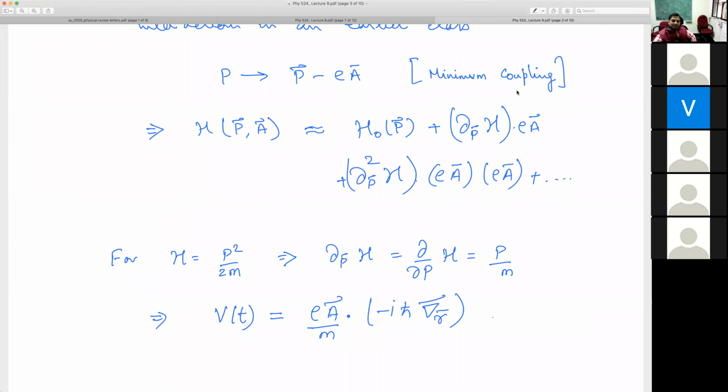A lot of papers, if you read, they will just say that we will treat light matter interaction by using minimal coupling, and that just implies that the momentum of charged particles in presence of an electromagnetic field changes. So p goes to p minus eA by c in the CGS units, that's what you must have been used to, and in SI units, just p goes to p minus eA. So this is called the equation of minimal coupling.